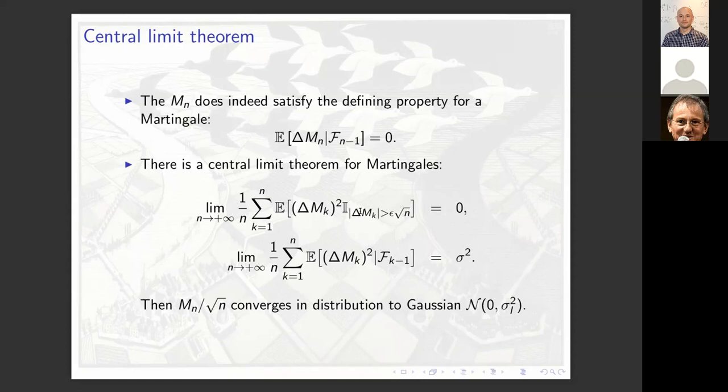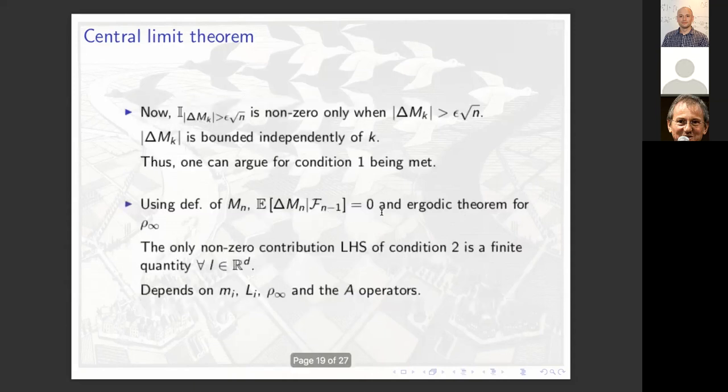As n then continues to increase, it's conceivable that we get to a point where this condition is no longer satisfied, right? If this condition is no longer satisfied, that kills off the contributions to this expression from the high values of n, the large values of n. So what you've got is some finite contribution divided by n, and we've got a limit as n goes to infinity. So I think it makes sense that you get zero. That's maybe a hand-waving argument, or a heuristic argument, as to why our martingale satisfies the first condition.